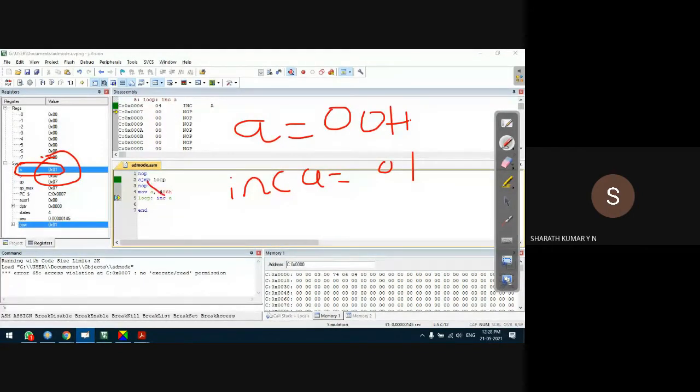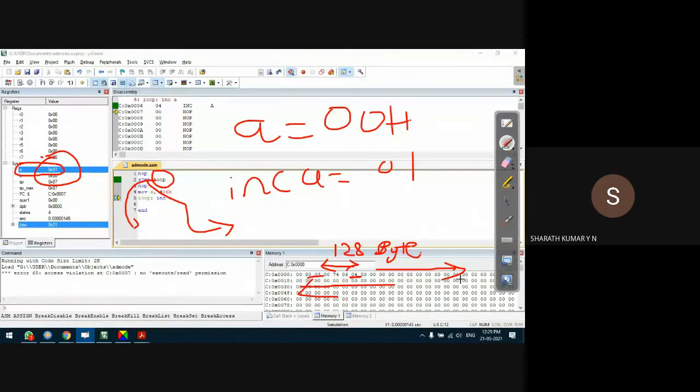But since SJMP uses relative addressing mode, the condition is on this loop target address. The distance between the SJMP instruction and this target address should not be bigger than 128 bytes, either in the forward direction or in the backward direction.